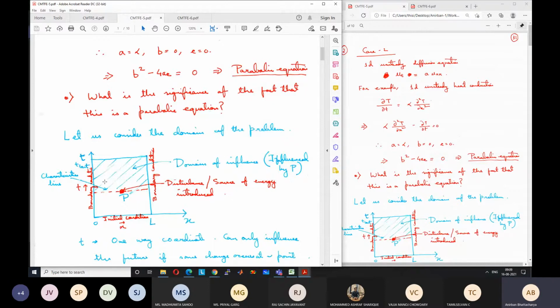That is also what we know from common sense, that at any time we can only influence the future, not the past. At this point, any change that has occurred is because of some event in the past. So this point can only be changed by something which is before this time.